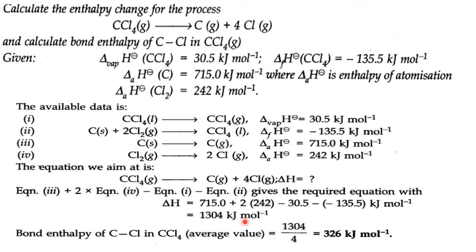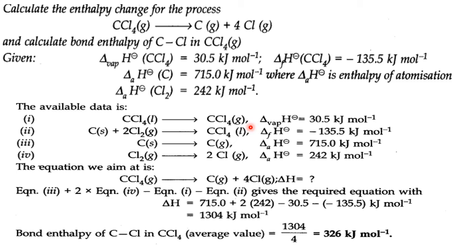Okay, right. Now, the second part of the numerical is what? Calculate the bond enthalpy of CCl bond. Okay, so here there are 4 CCl bonds in the carbon tetrachloride. When one CCl bond is broken, a different chemical atmosphere is formed. Again, you have to go for the second CCl bond breaking. Therefore, we don't say it is a separate CCl bond enthalpy. Here we say average bond enthalpy. Okay. So we use the word average.